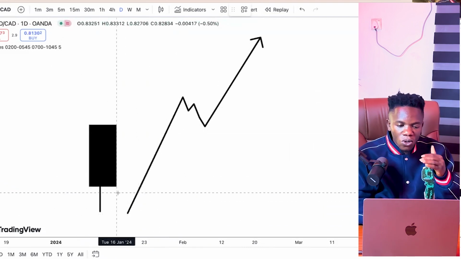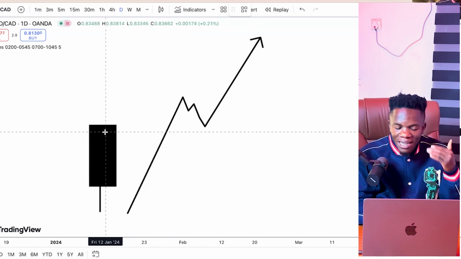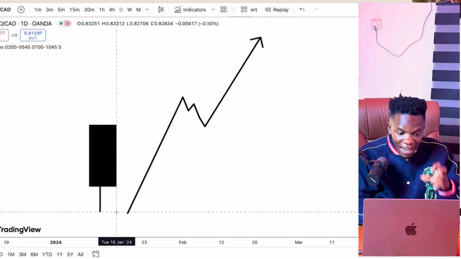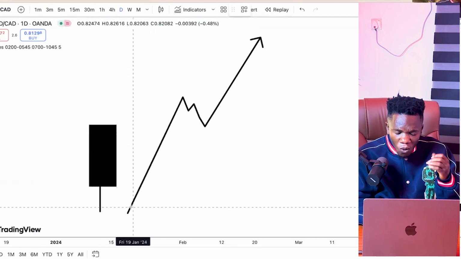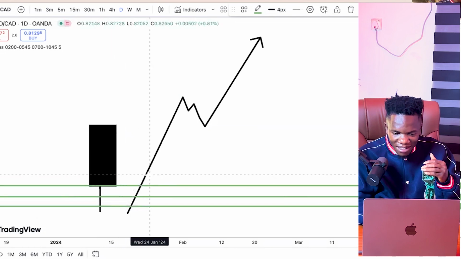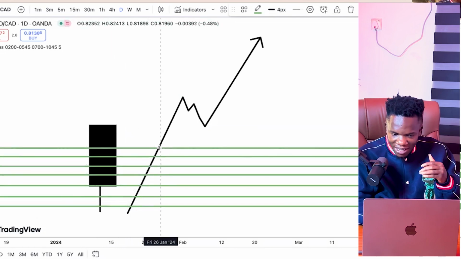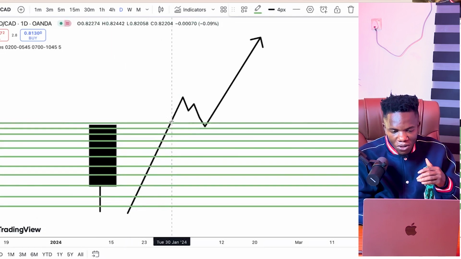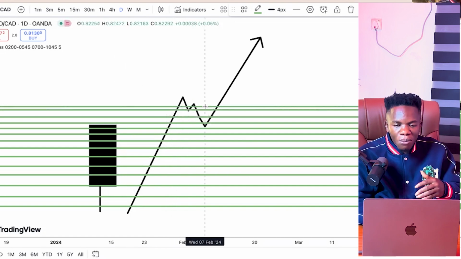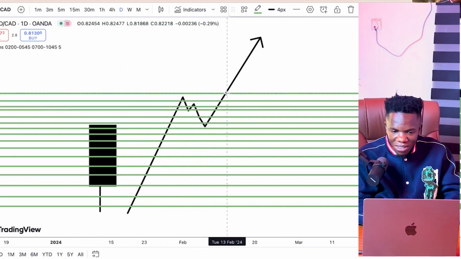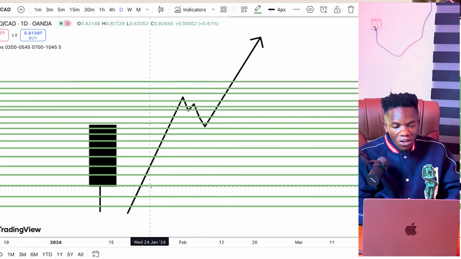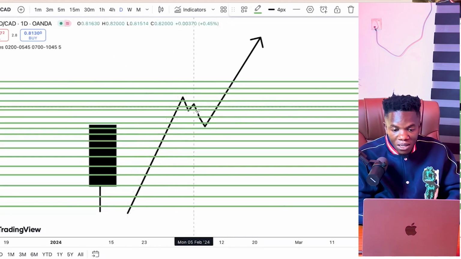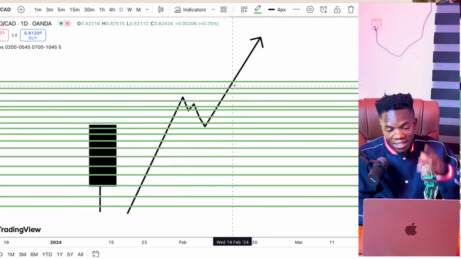Because price does not just open and then start firing to the upside. It doesn't work like that. After the low of the day is formed, all we need to do is keep stacking this consistently. Although I'm going to create a video on how to stack accounts, I'm going to do live trading on that video. Just keep stacking this continuously from the London key zone into the New York key zone, consistently till the end of the day.